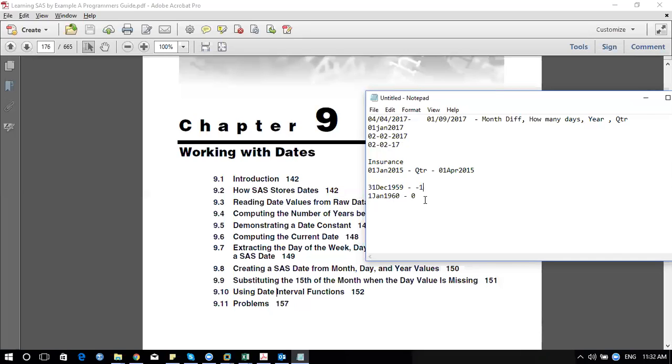If you go after, it will be somewhere around 2nd Jan 1960. In between, I'm trying to calculate the number of days falling for that. So this is Jan, and this will be your 1. If you go before, it will be minus. If you go after, the value will be plus.